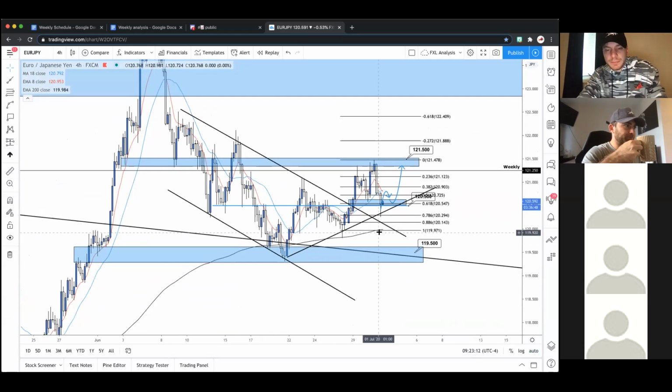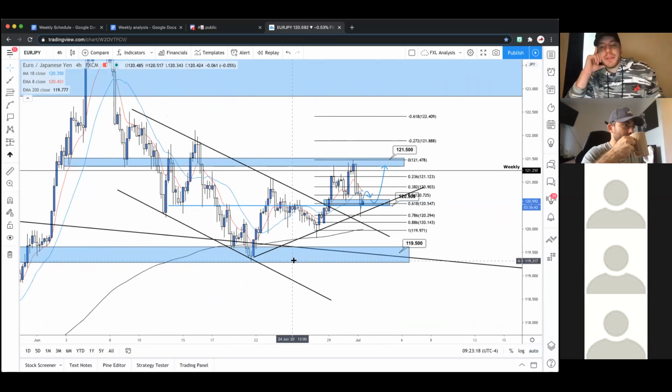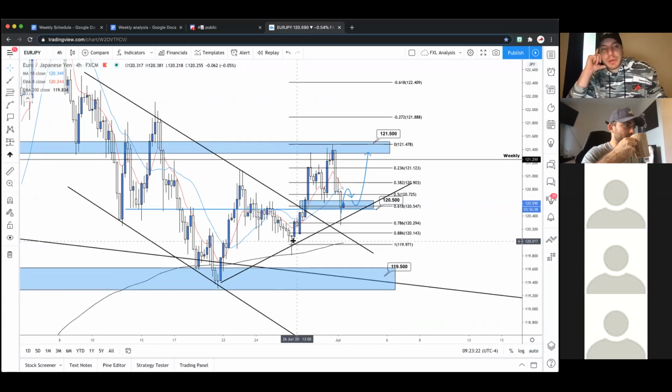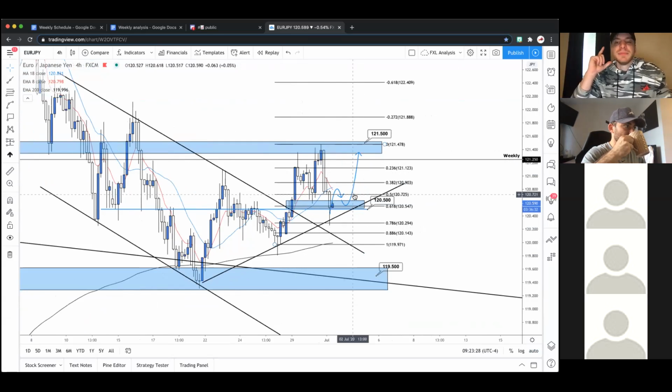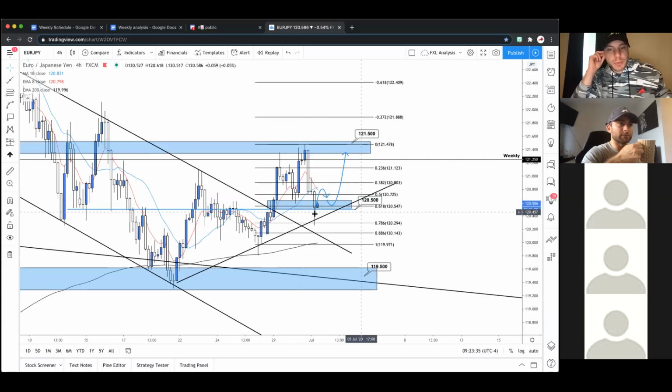All right, cool. So a little bit of a range here around 121.5, which is the weekly, and then 119.5 as a support. But we are forming these lower time frame higher lows here, which is a good sign. We're breaking out of this little channel, starting to get some good volume. This was a nice break and retest. It broke out of this channel, broke through this resistance around 120.5, came back for the retest, presented a nice long opportunity up to 121.5.